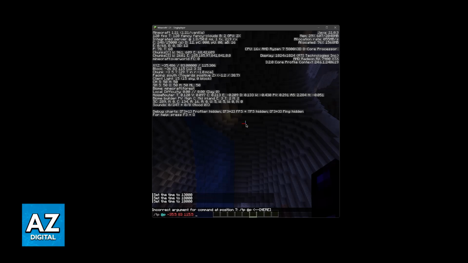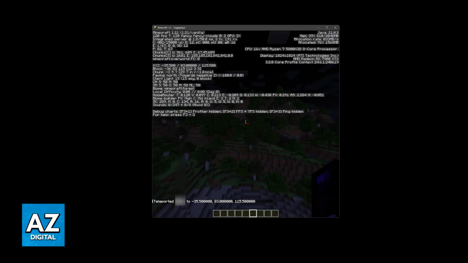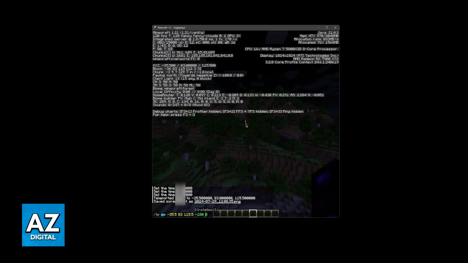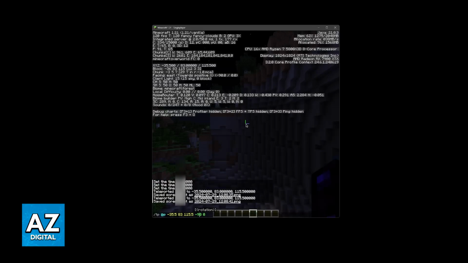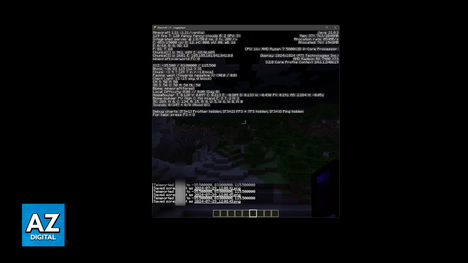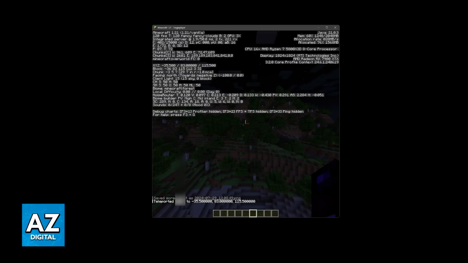Now first, you want to go to -180 0. This will set up the rotation and you will be looking completely straight. Now go ahead and take the first screenshot. Now rotate yourself to -90 0, do the same thing, and essentially, as you can tell, we are rotating around, facing all directions. So we're gonna go from -180, 0, to -90, 0, then 0, 0, 90, 0, and we don't have to do 180, 0 because we already did this location.